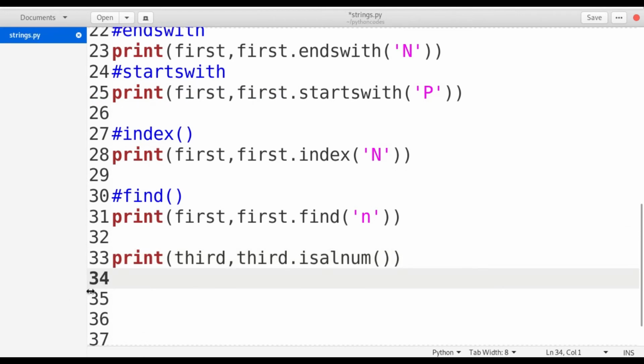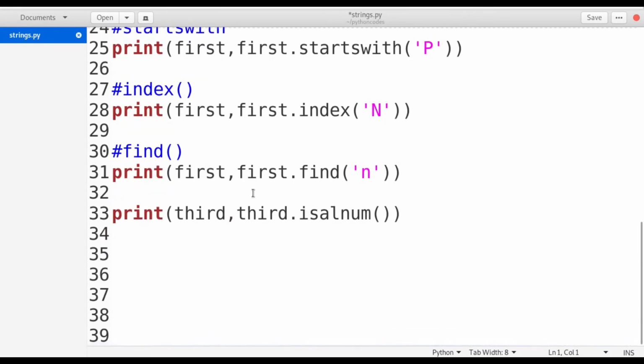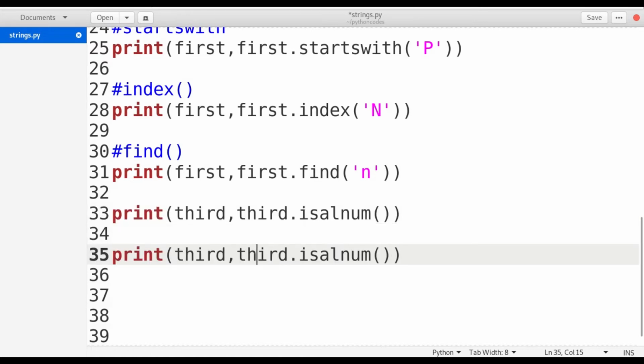So next I am using isalpha. I am applying this on the name, because I have to check whether it is alphabetical or not. I am simply copy pasting this instead of writing multiple times.